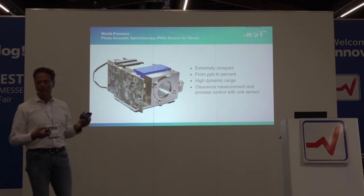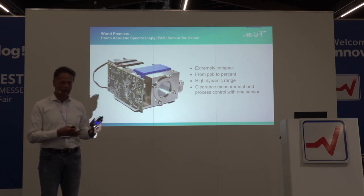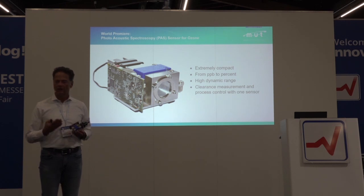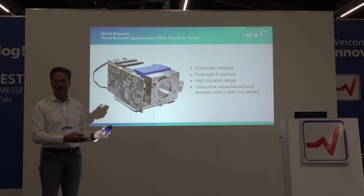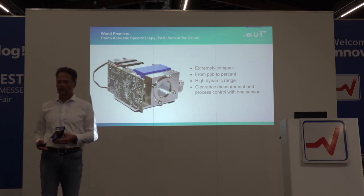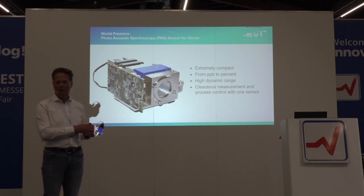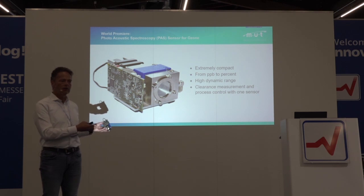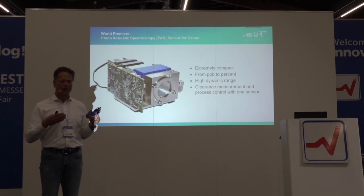And because in the recent past we have received several requests for ozone measurements for different applications, we saw that there's a need for an ozone sensor that can measure very low concentrations, like ppb levels, and very high concentrations on the percentage level. Not simultaneously, but with the same detector module. Because the low values are important for clearance measurements. So if you use ozone for disinfection, for example, or for treatment of